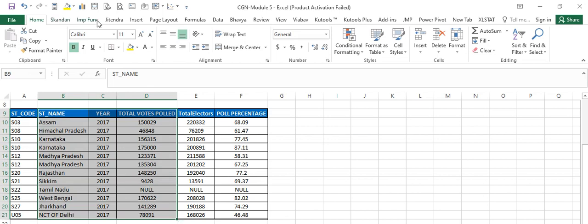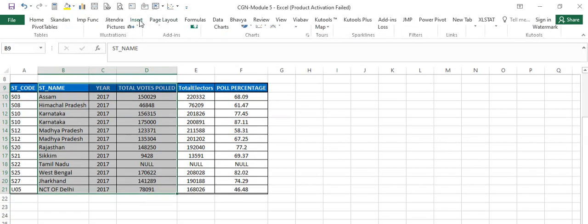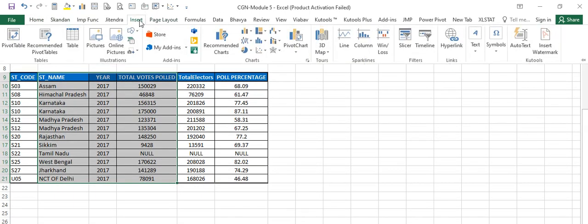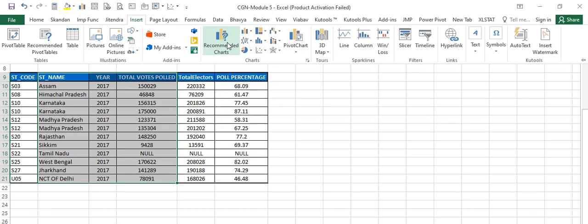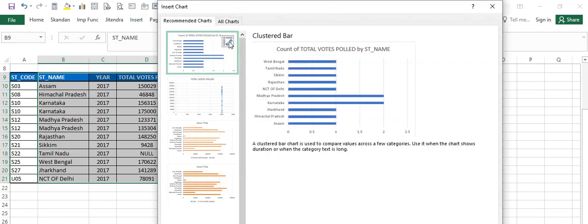Next, let me go to Insert. On Insert, there is something called Recommended Charts. So I have an option to take recommendations from Excel. If I click on that, it shows me this.